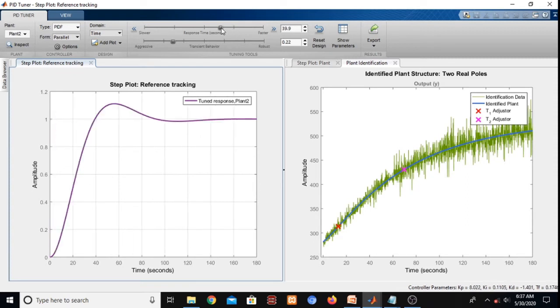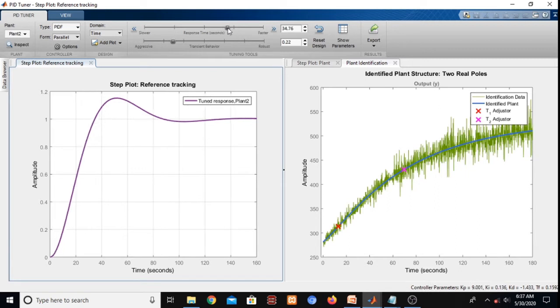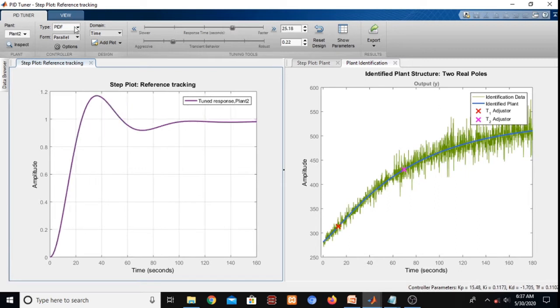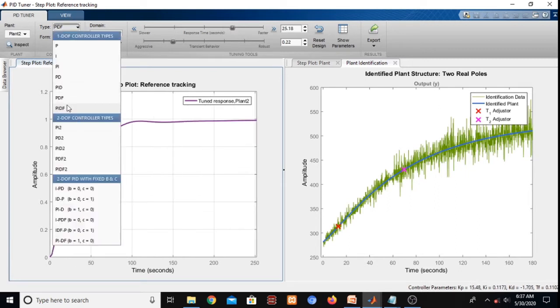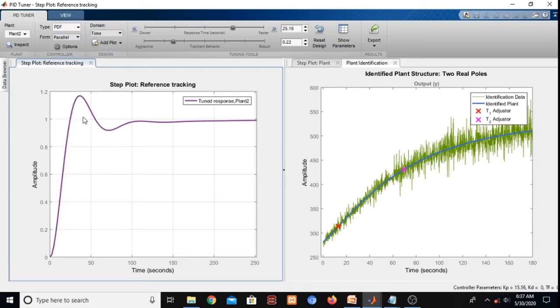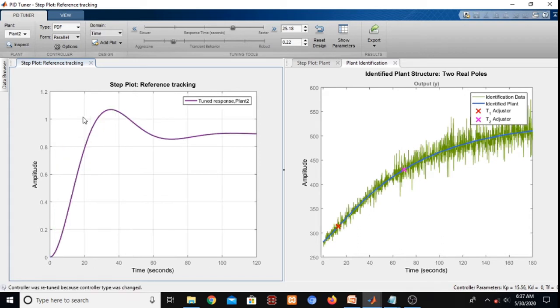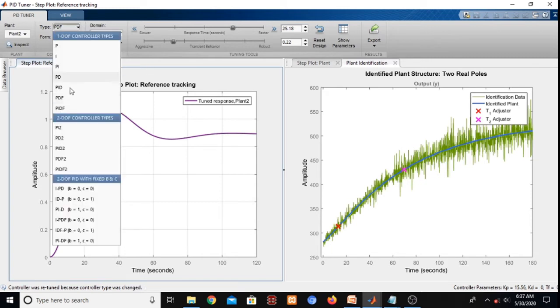You can also remove this PIDF. You can also see what is PDF. This low pass filter is added into the integral. You can check out whether your objectives are met or not, and you can adjust it accordingly.